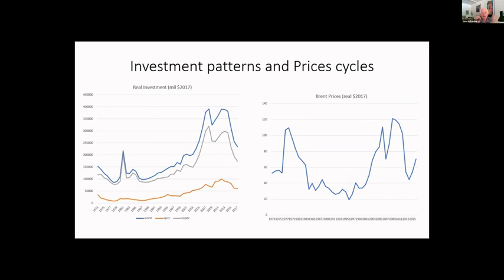So here is the interesting question as you look at it. This is real investment in dollars. The blue is the total, and the orange is OPEC. Largely OPEC's investment is lower, but they've got large fields, they're more productive, and so you can get more oil produced for the amount of dollars that you invest. But you see the cyclicality in prices and in investment, and of course that means as you invest, later on you produce, and you're going to get imbalances. Lo and behold, prices go up and down, and it's not easy to figure out what they are.